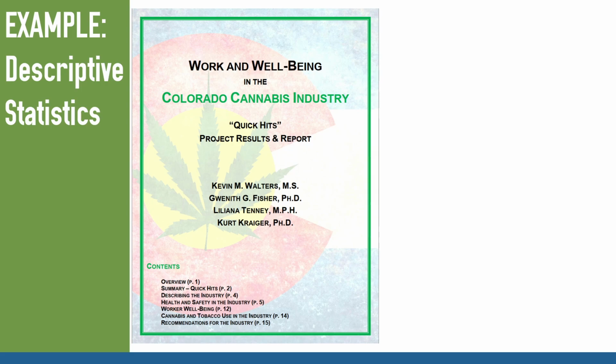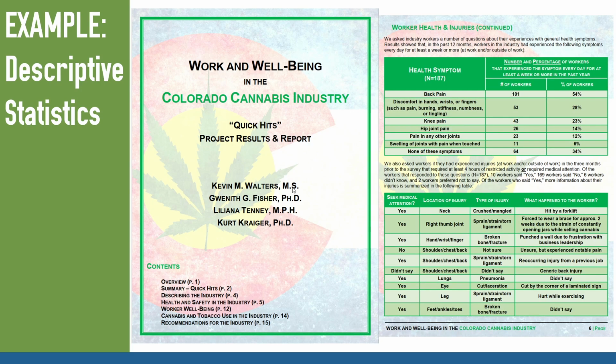And so my team and I did a study on health and safety in the industry. I made this project report back in the day, so I figured that might be a good example of some descriptive stats. So you can see here, these are snapshots from the report. You're welcome to pause if you want to look more closely, but